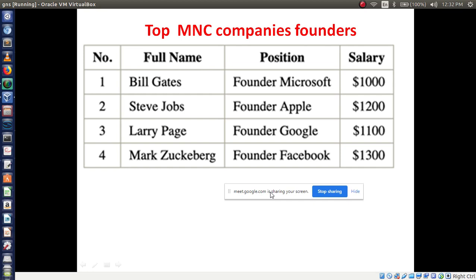In the first tr you have to write tr, then followed by th. You have to write num, then close the th. Then next th full name, then close the th. Next th position, next th salary, then close the tr tag. Then take a new tr, then write td 1, td Bill Gates, td founder Microsoft, td $1,000.